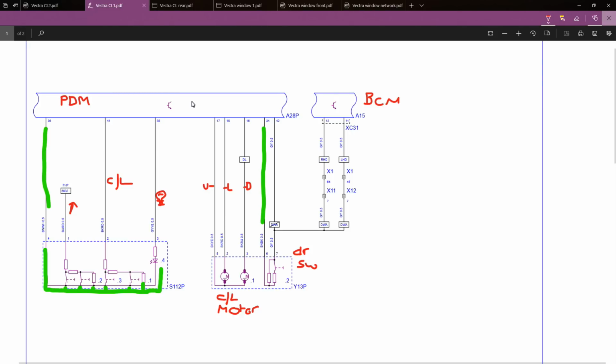So basically any request that we have for any change of state in either the windows or the door locking motors has to go through a door module. So the driver request will come through any of the door switches to the relevant door module, and then that door module will actuate the actuator. It'll move the actuator, whether it's to lock or unlock the doors,